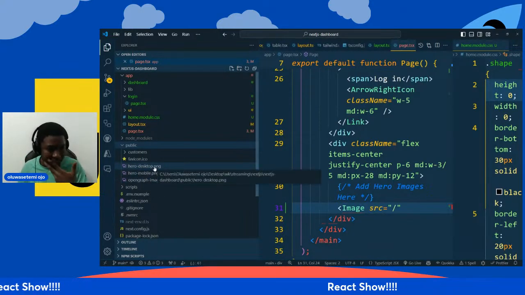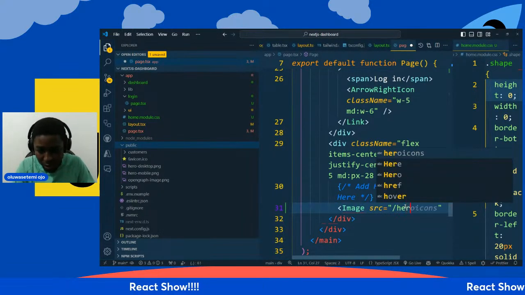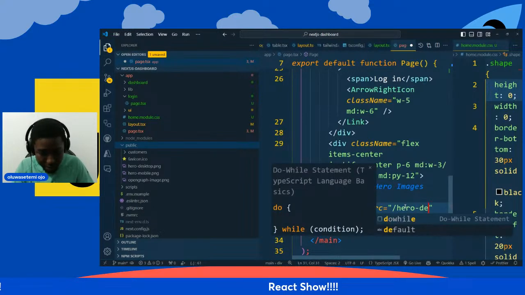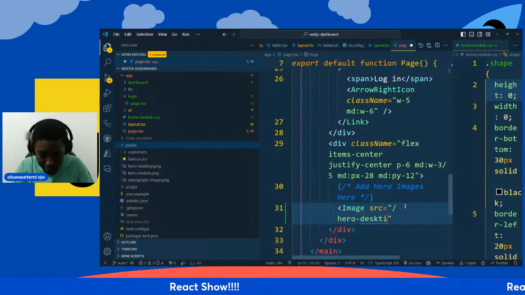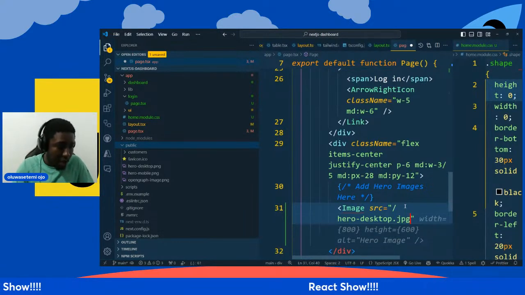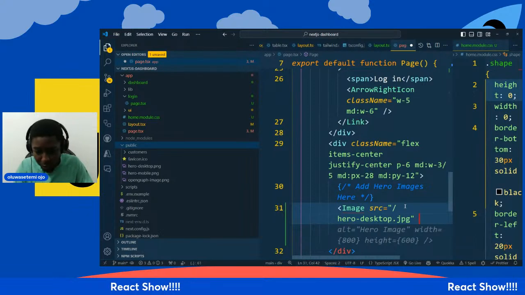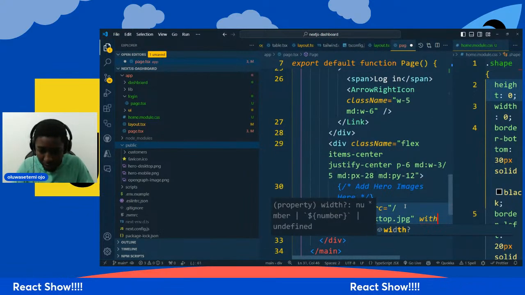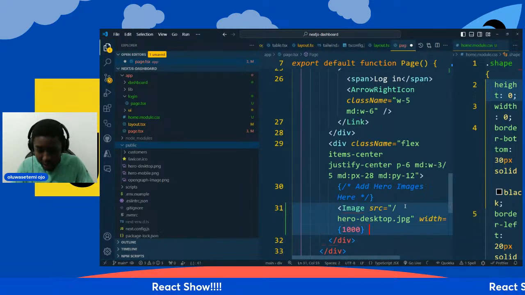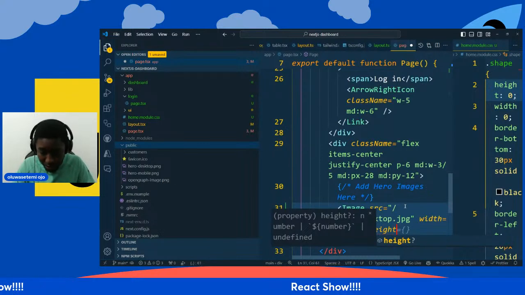So we're just going to bring in the Euro desktop for now. We're just going to say Euro desktop.jpg, and you're going to close this, and you can specify the width. You can specify the width to be 1000, and you can also specify the height to be